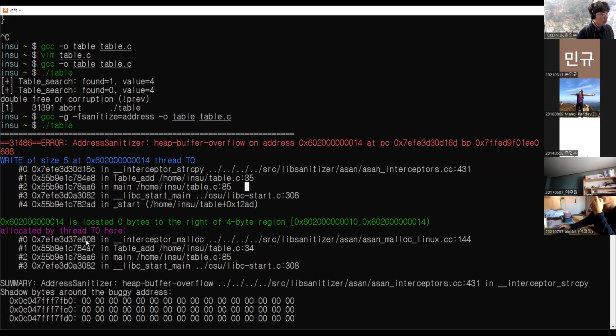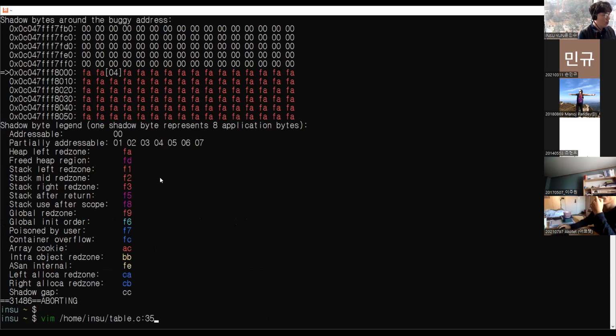And this memory was allocated here. So as I told you, overflow can happen for 2 reasons: we access memory in a wrong way, or we allocated a smaller region than the program needed. So first, let's check